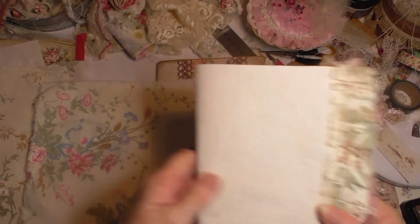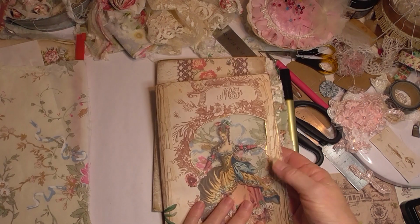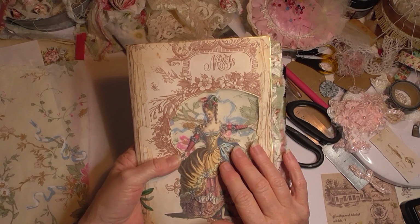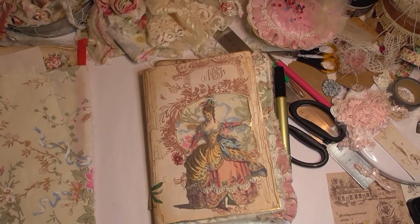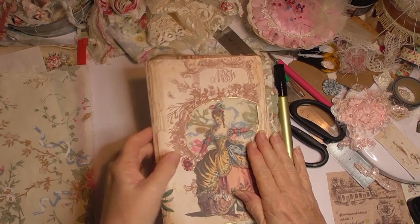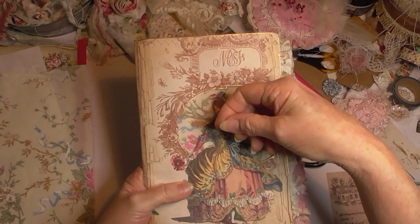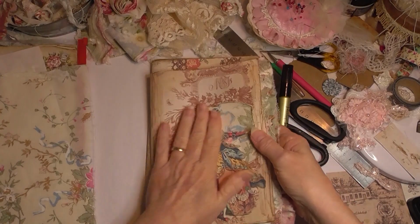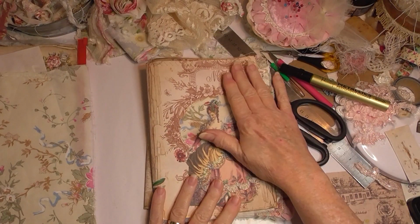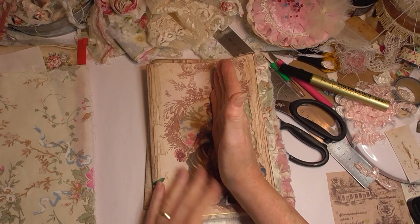I could even do it like that. So that's the wrong side of the fabric there. Like that. That's quite nice, isn't it? So how that looks quite pretty, doesn't it? Just a background like that. Remember, there's going to be a tag in there as well, so it's not going to be seen all the time. I'm not quite sure how I'll have a tag in there. It might just be